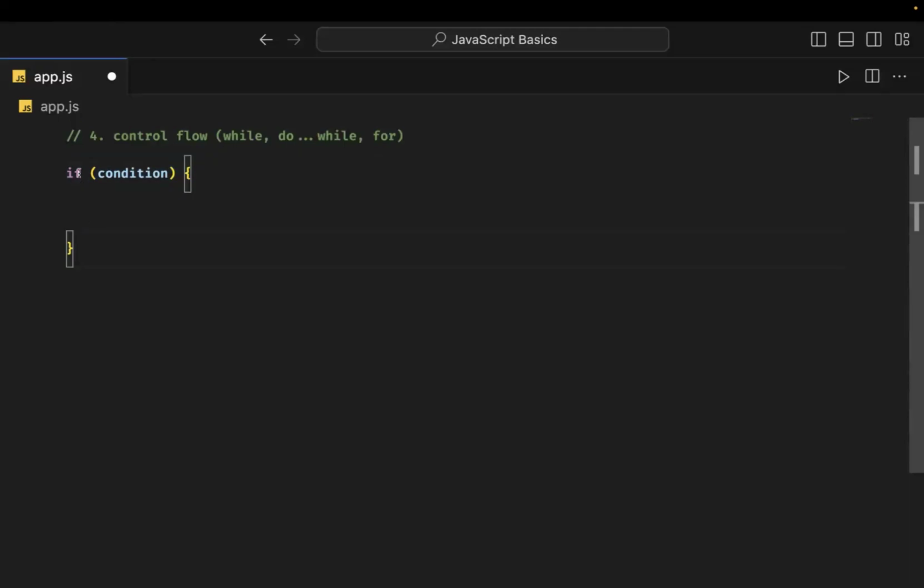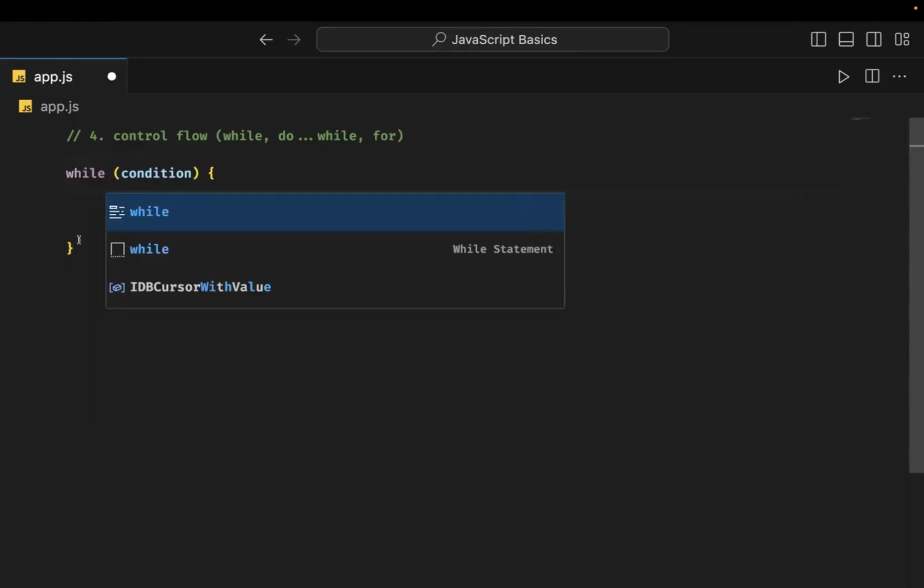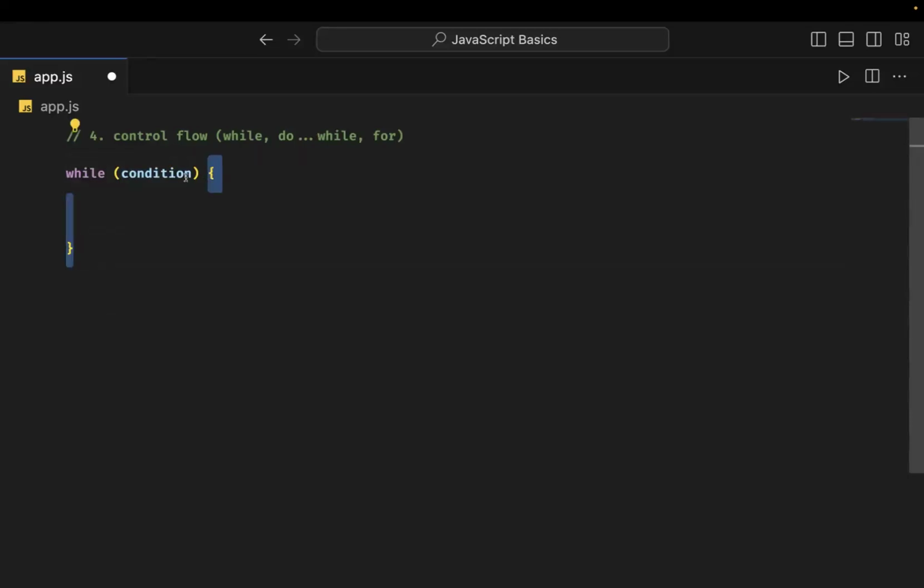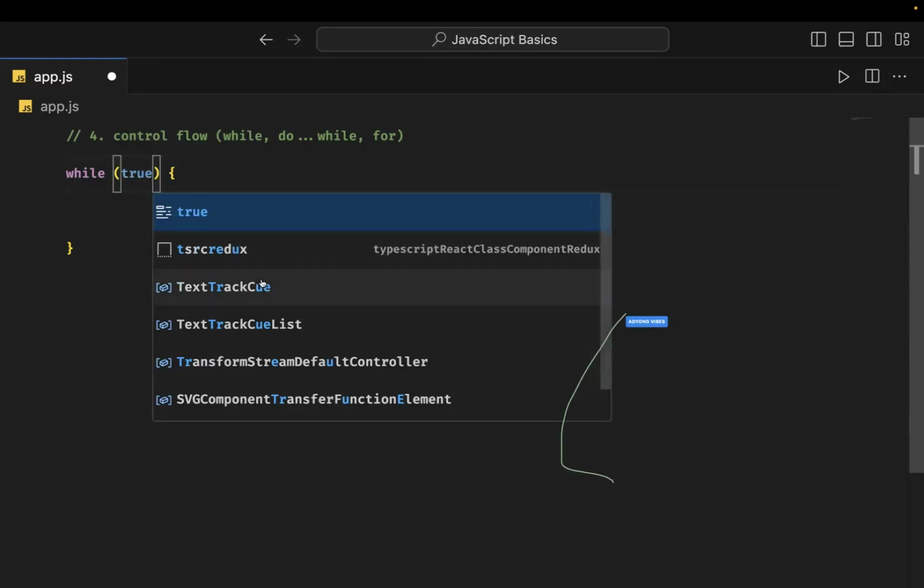But if you used if, it's just a conditional. This block of code will run based on the condition that happens here. But when you change it to while, this block of code will run based on the condition. So if this condition returns true,